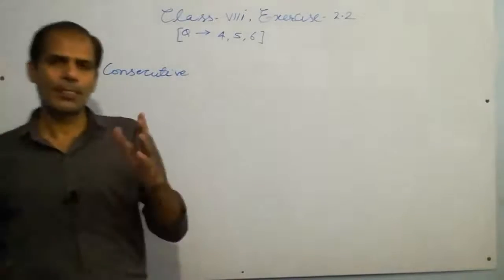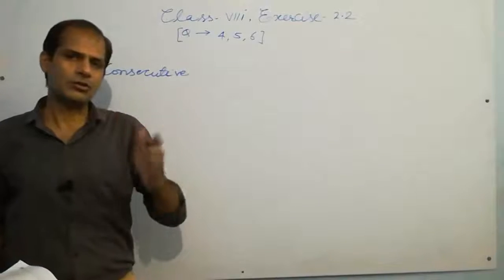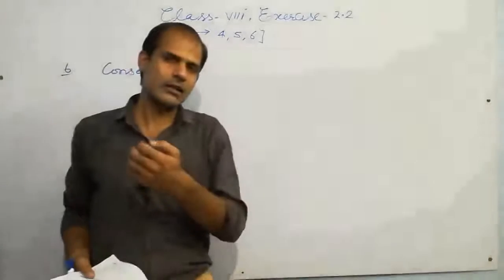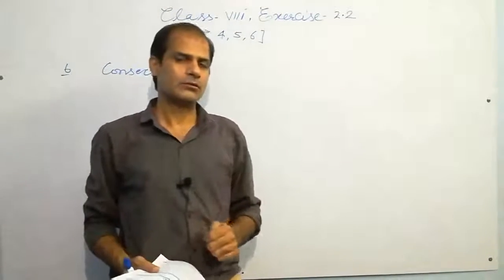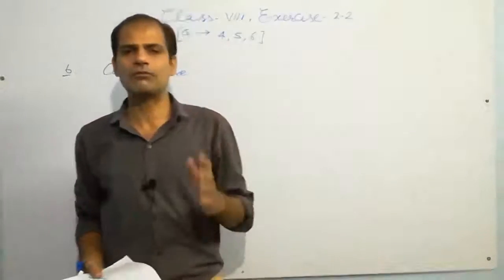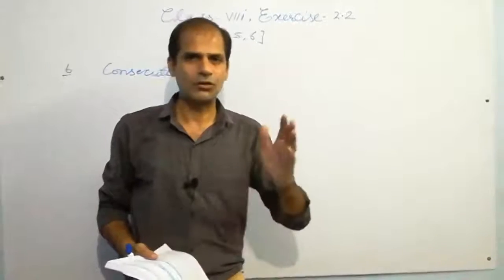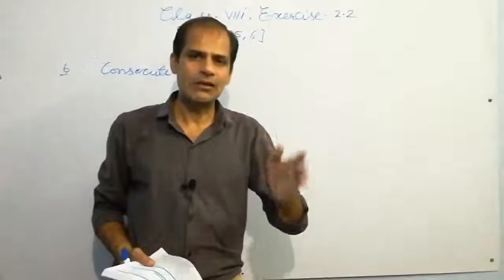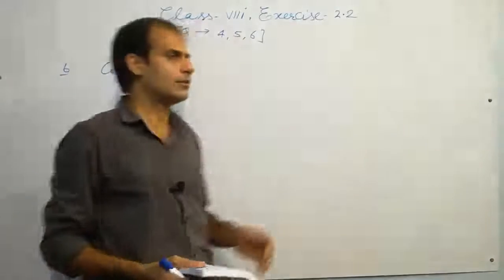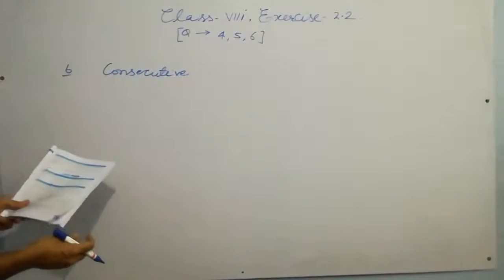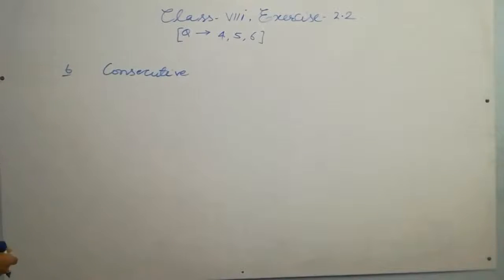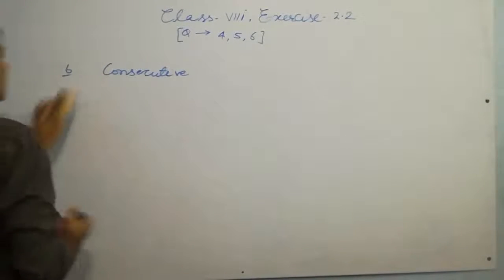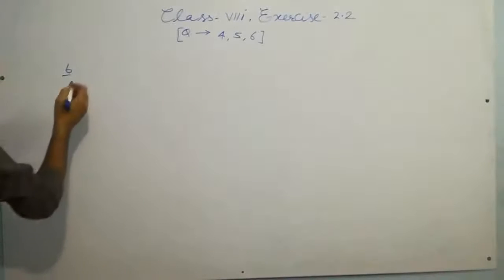Consecutive means if 3 numbers are consecutive, they are in a sequence, they are taken from counting. For example, 3 consecutive numbers may be 1, 2 and 3, 4, 5 and 6, 11, 12 and 13, like this. Okay, and add up to 51 means that the total is 51. So I am writing the solution.